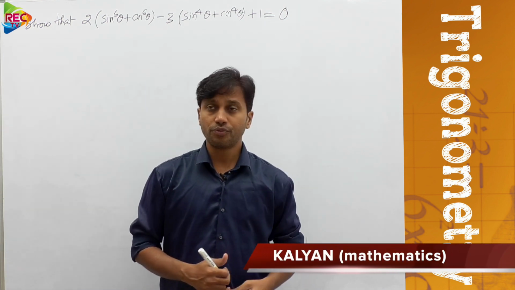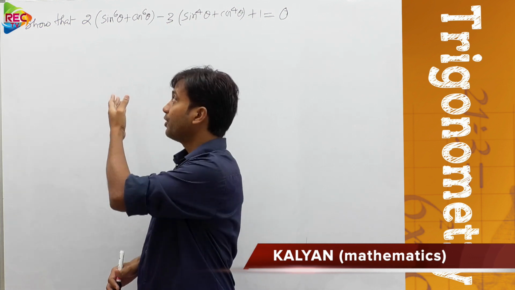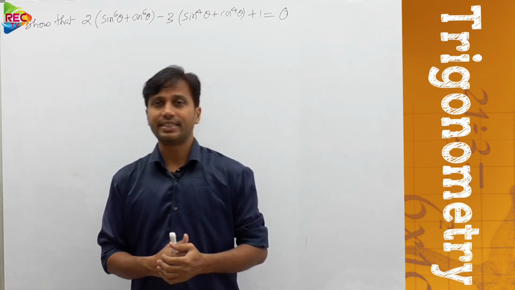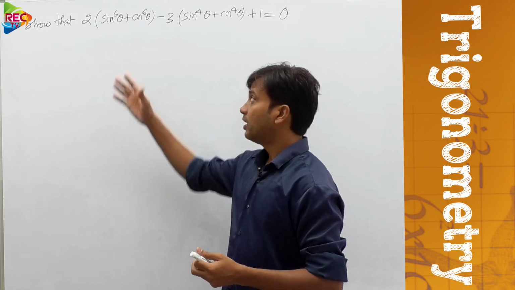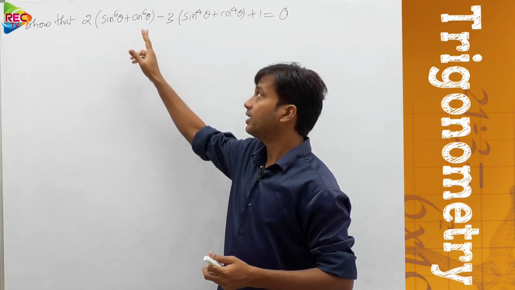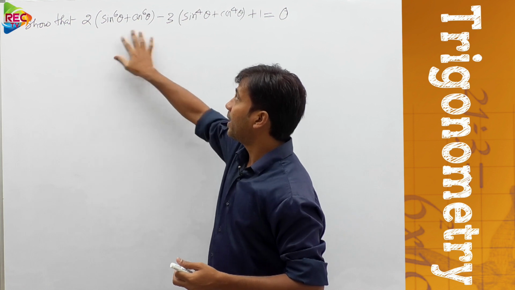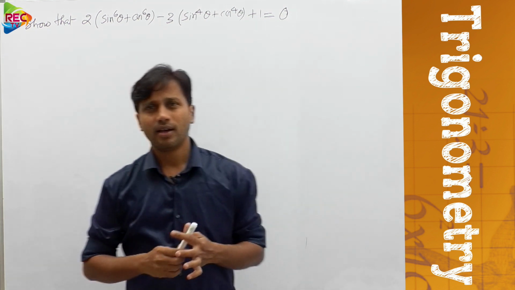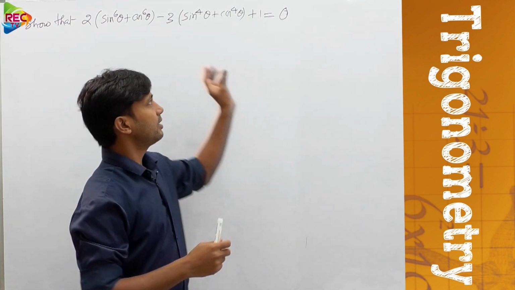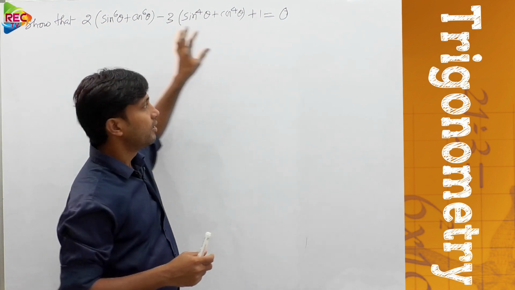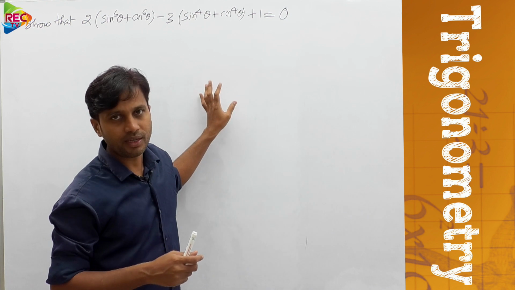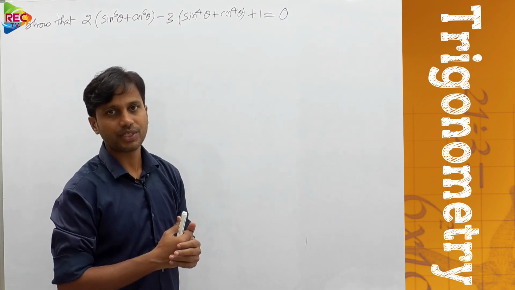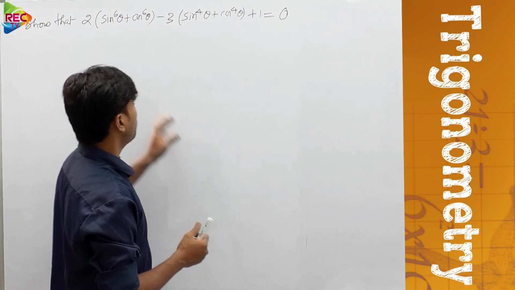In this class also we are going to discuss one different model on trigonometric identities. In my teaching experience I noticed that students find this pattern of problems somehow clumsy. They feel that it's a very difficult problem. But it is very simple if you can do small adjustments within that. So what is that problem?